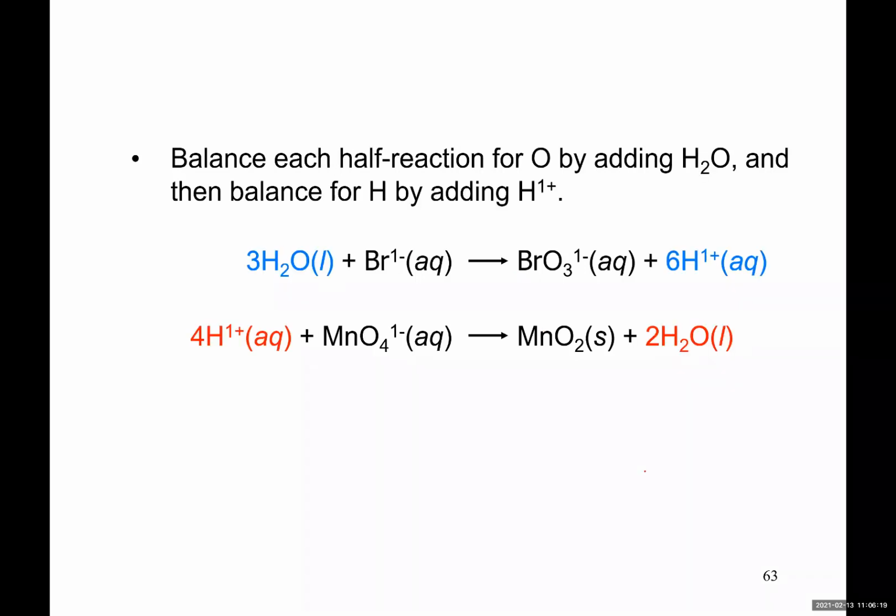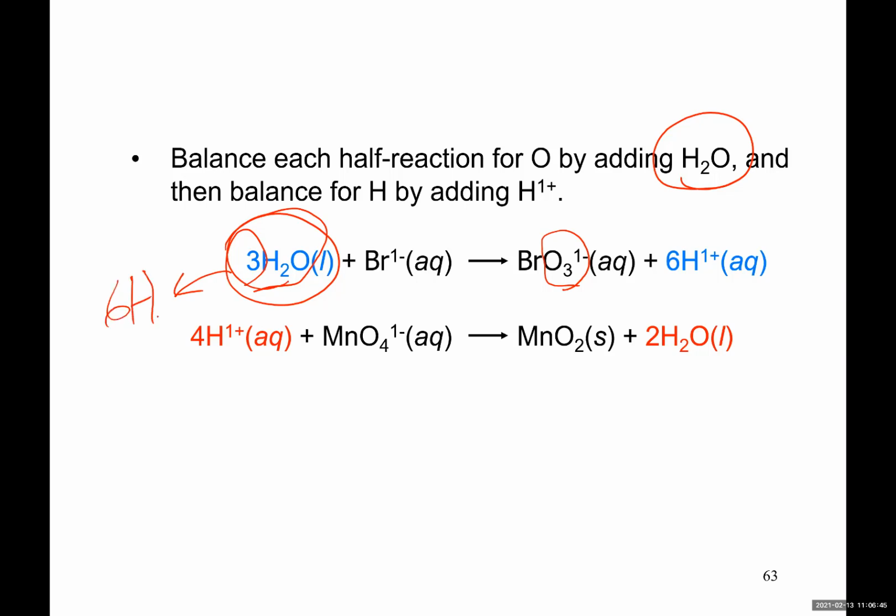To balance the oxygens, add water. Can I say, if I have 3 oxygens here, I need to add 3 water. Now I have 3 oxygens on both sides. So I have been able to balance oxygens. Except by adding 3 moles of water, I really added 6 hydrogen atoms. Now, in order to balance for hydrogen atoms, I'm going to add 6